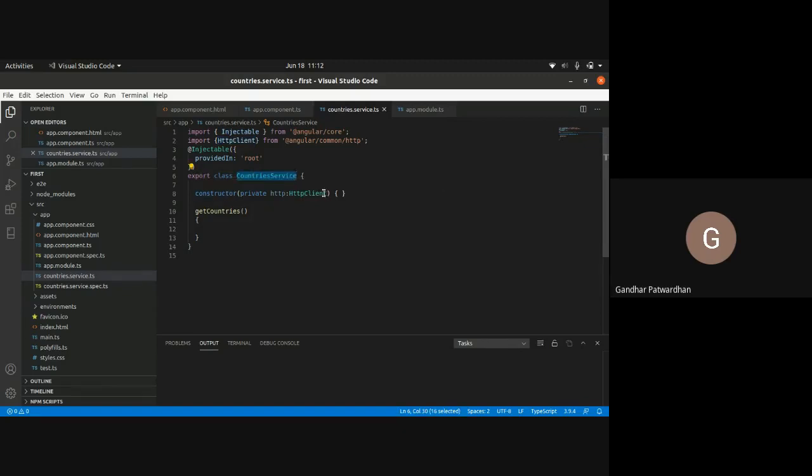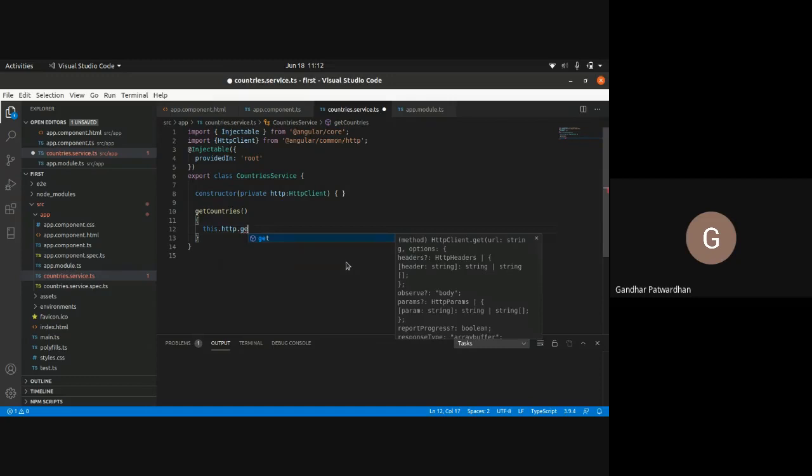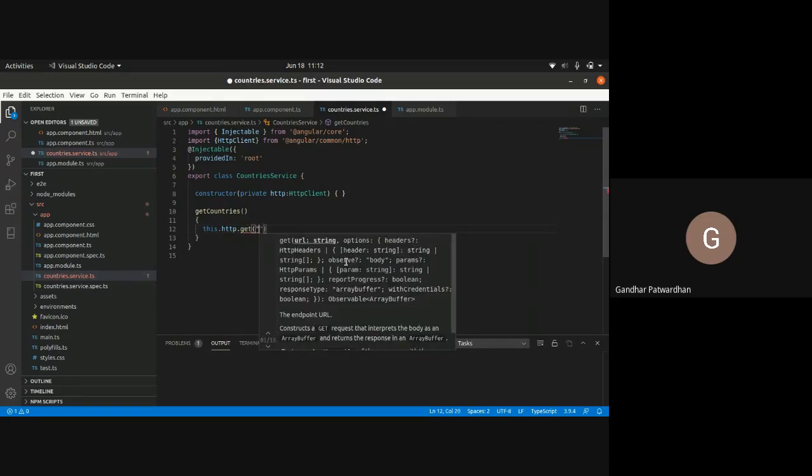In my constructor, I just create an object. That is how I inject. After that, we are ready to make the call. So I would say this.http, the object of HttpClient which I have used, dot get. Get is our request, and in this get, what it wants is the URL.